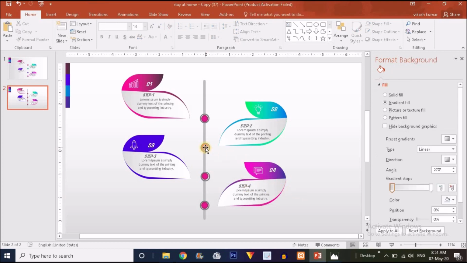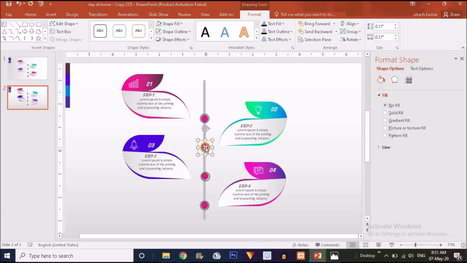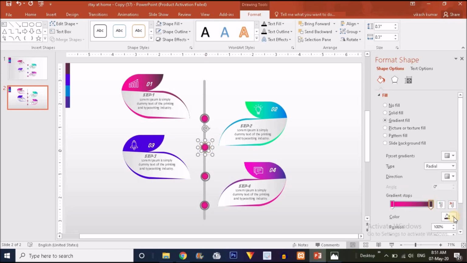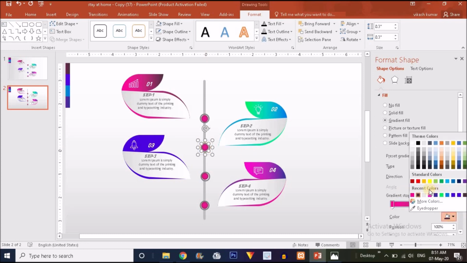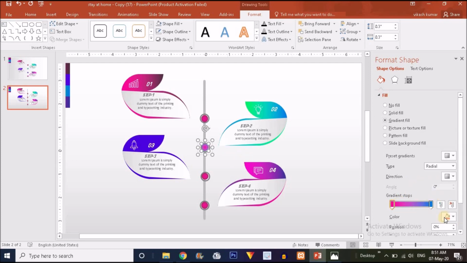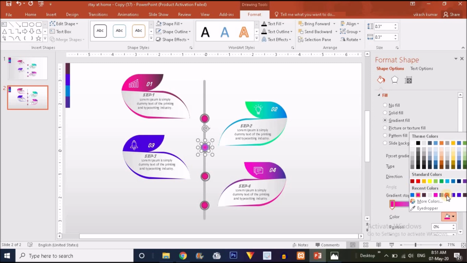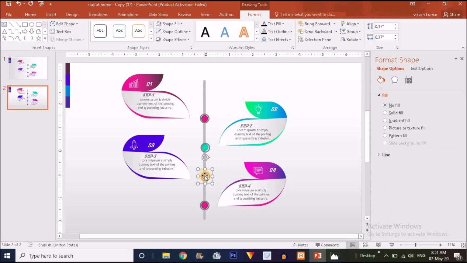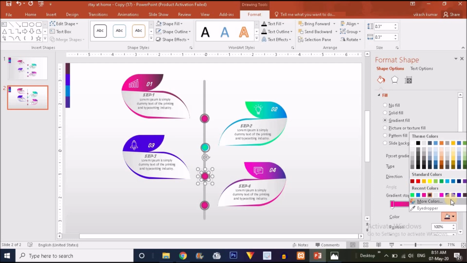Now you have to change the fill of these shapes. For this you just choose this one, and for this I'm going to choose a green one. Same you have to do with the third dot. This is for the blue circle, blue shapes.